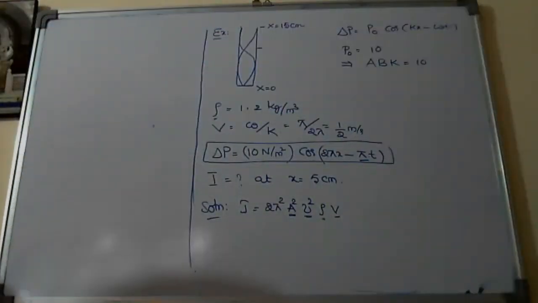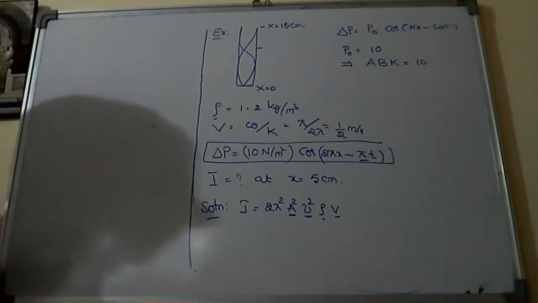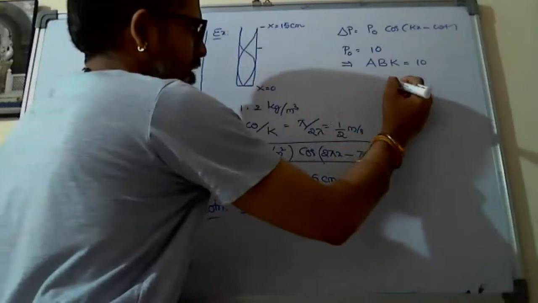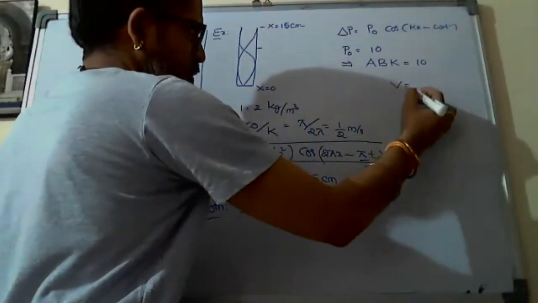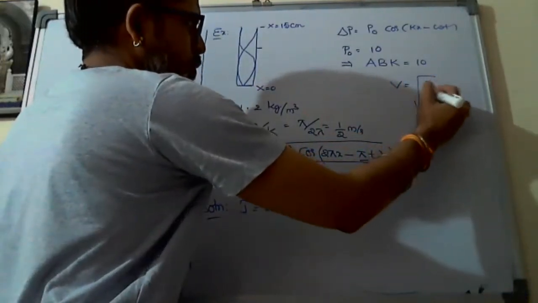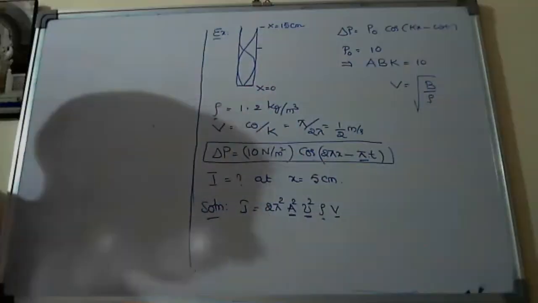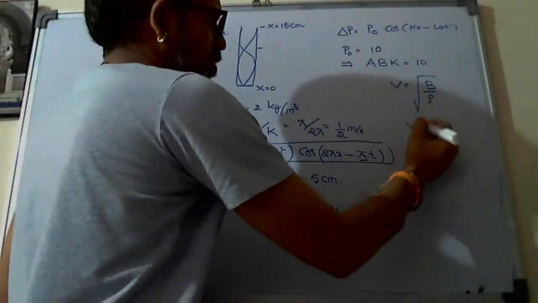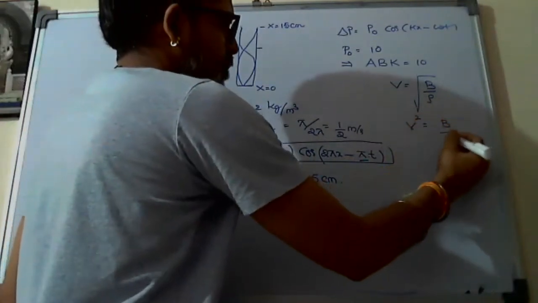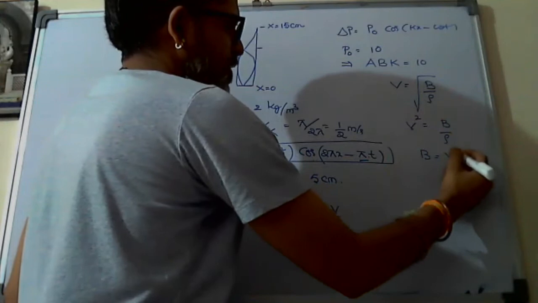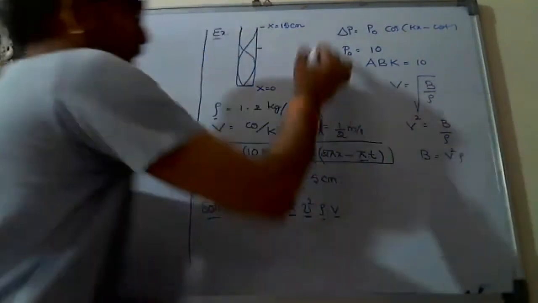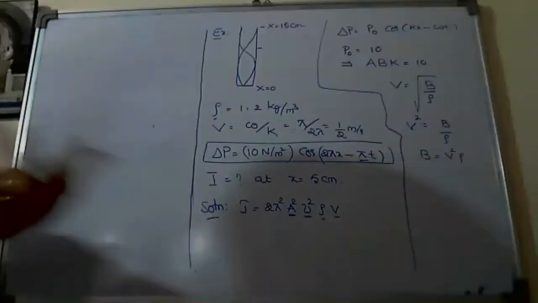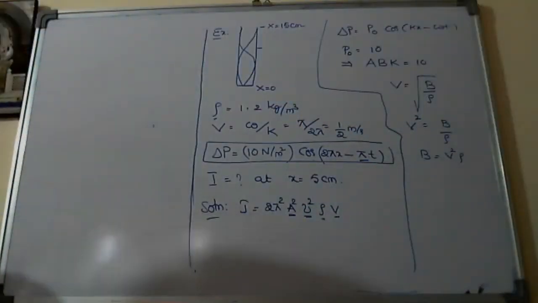Sir, again, how to find B, sir? Okay. In gases, velocity of the wave or sound is root of B by rho. We know the formula. From there, of course, again we can find V square is equal to B by rho. So B is equal to V square into rho. We can find it out, but it appears to be a little bit lengthy, finding the different values and substituting them in the formula.